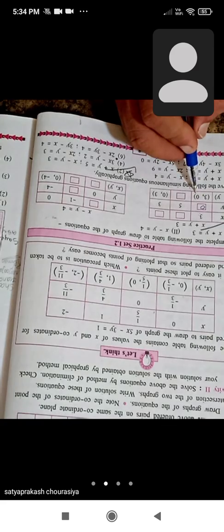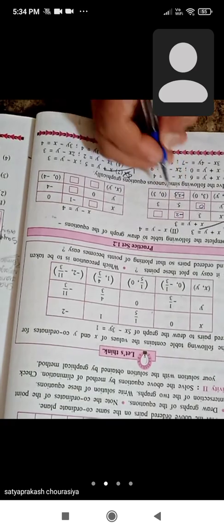See the table. When x value is 3, then the value of y is equal to 0. Now here we have to write down in ordered form. The x value will be written first and then the y value. Now see when y value is 5, we got the x as minus 2. So we will write here minus 2.